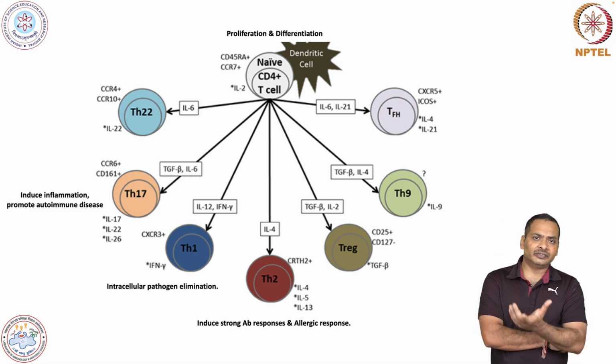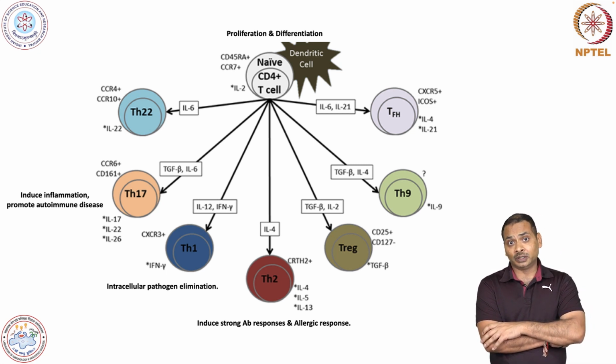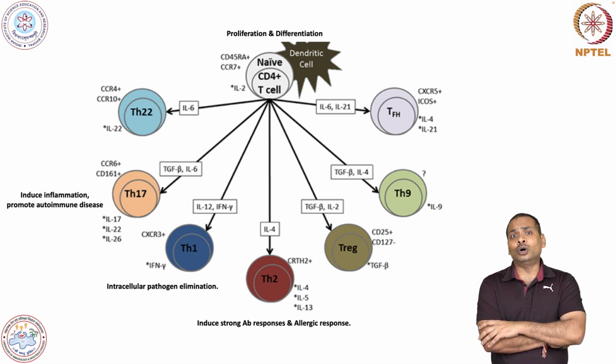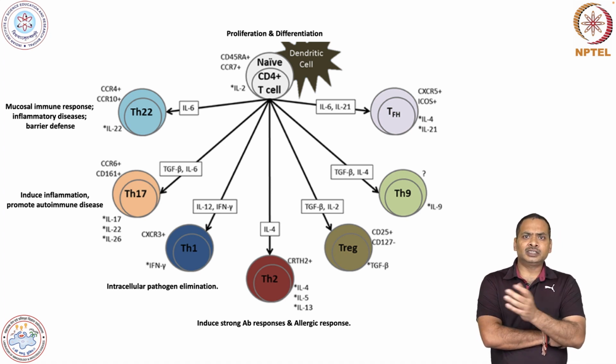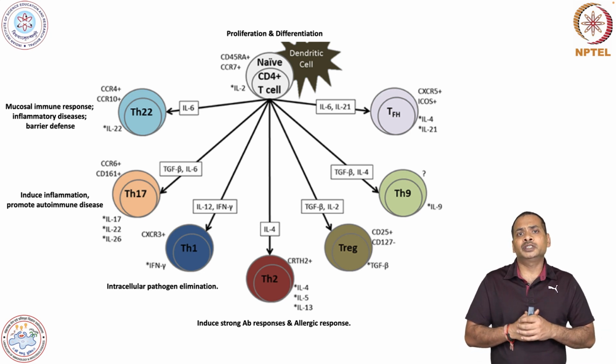Th17 cells play a very important role in inducing inflammation, and they promote autoimmune disease. Th22 cells play a very important role in mucosal immunity,